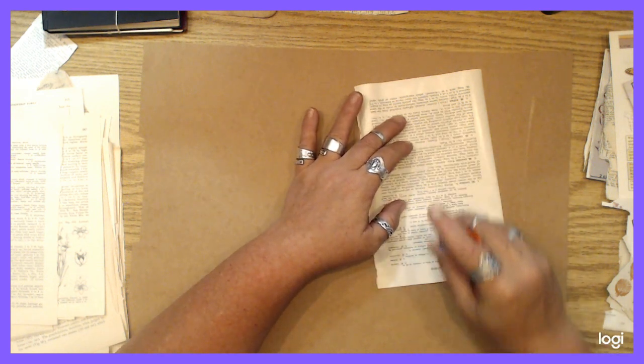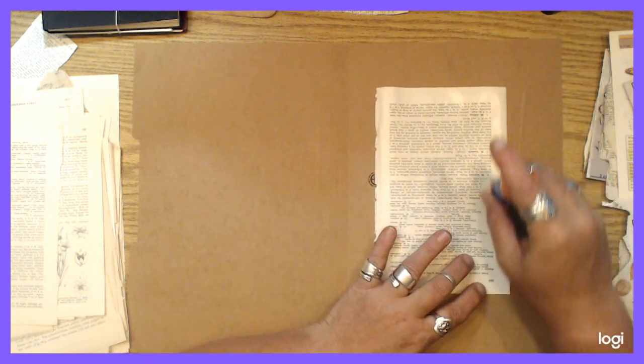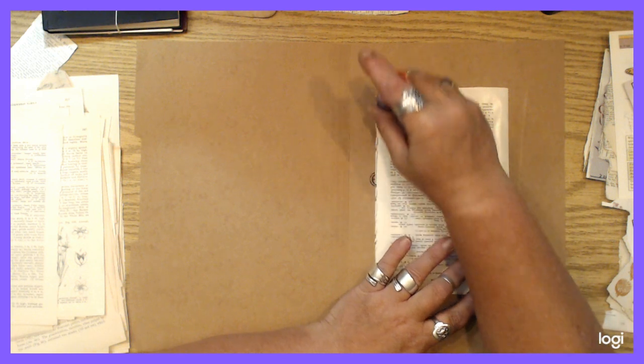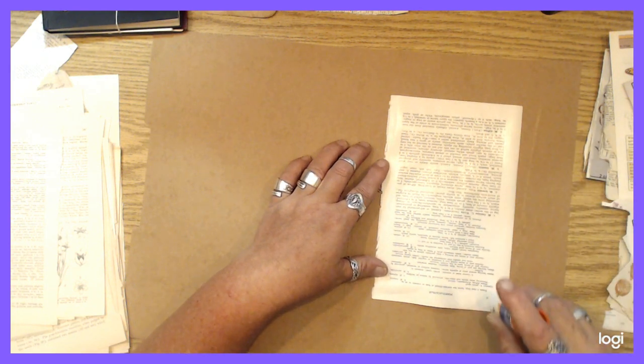I've been using some ledger pages that have lots and lots of writing on them, and a lot of these little images and stuff, and also washi tape. So I got that. I also got that